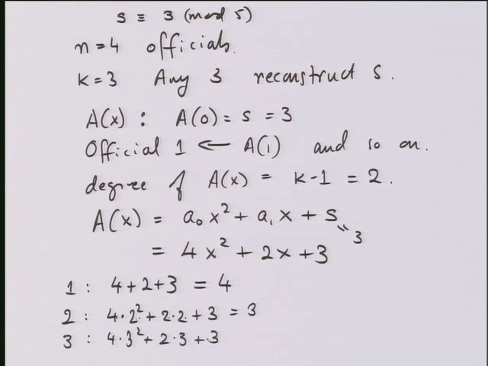Again, 3 squared is minus 1, right? 9 is minus 1 mod 5, so you get minus 4 plus 3, 2 times 3 is 6 which is 1, plus 3, which is 0, right? And official 4 gets 4 times 4 squared plus 4 times 4 plus 3, sorry,